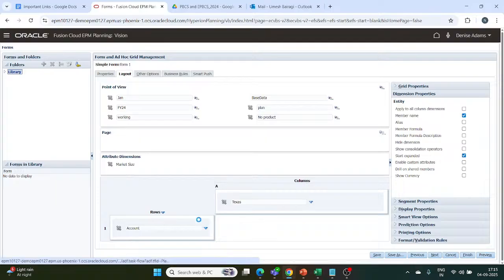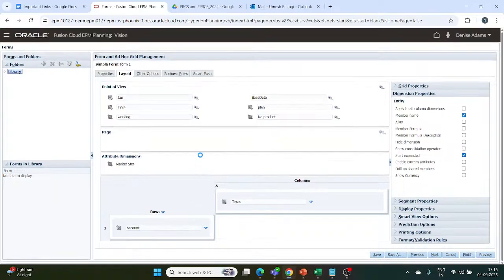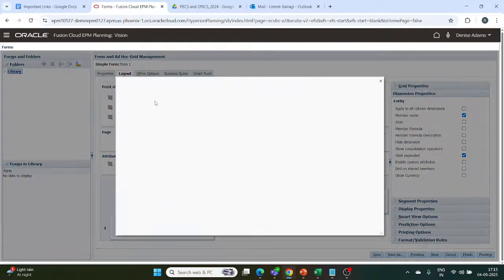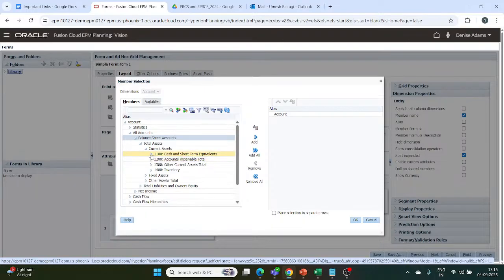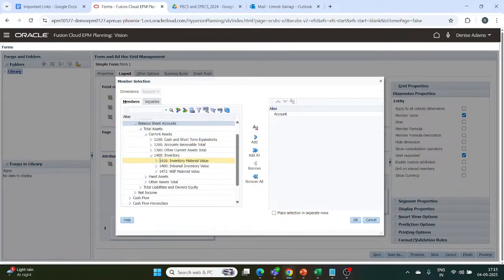And the account. So under account we will wait for a minute. Yeah, so under account we can see there are balance sheet and net income. Under net income we have assets, and there is one inventory. So we can select the inventory option here. I will take inventory,